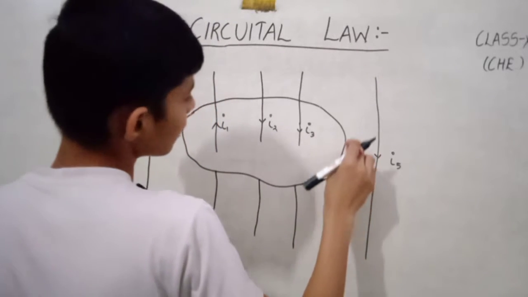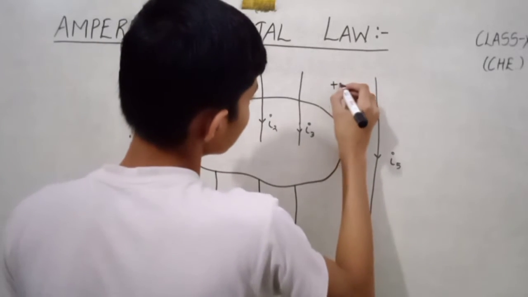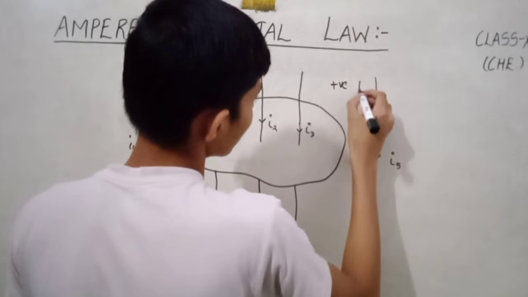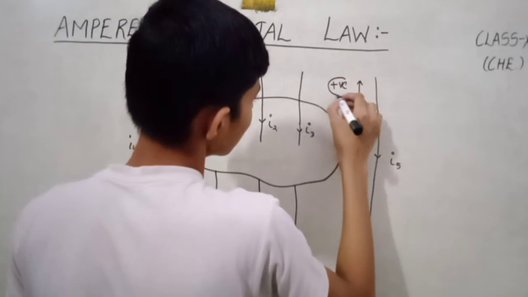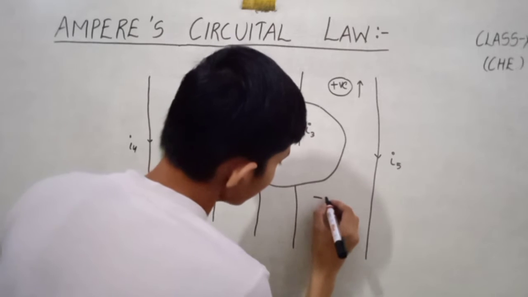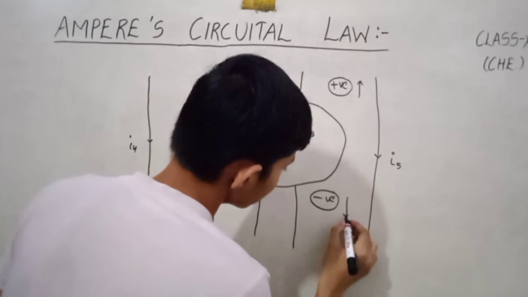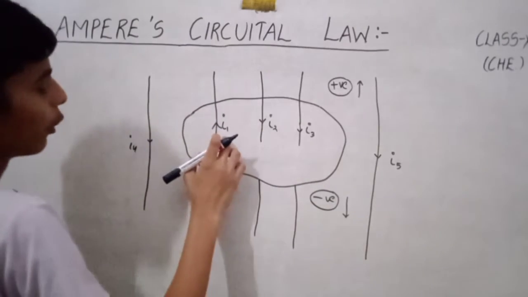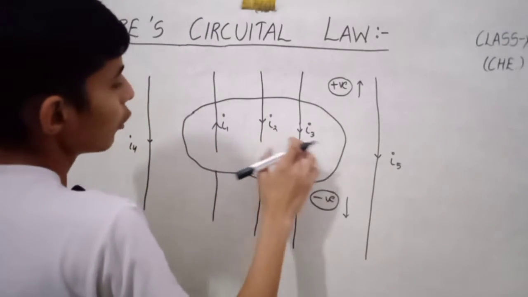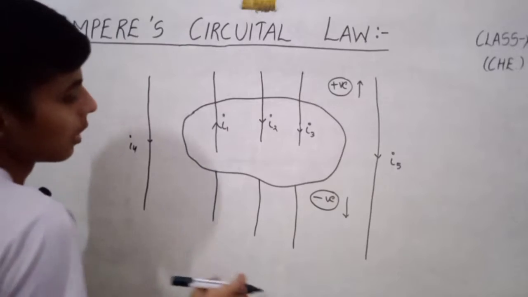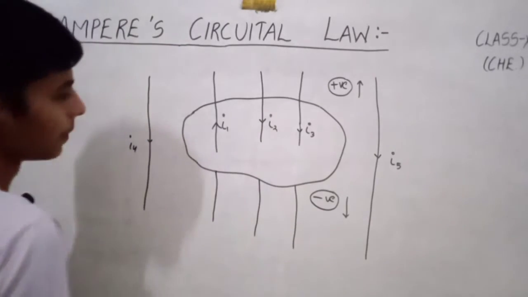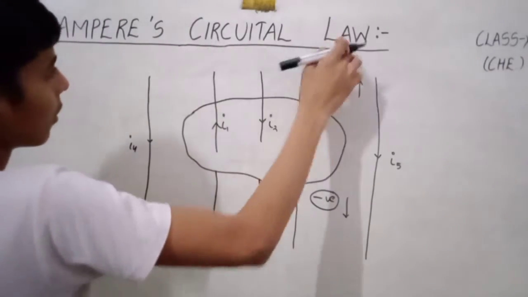I have taken this direction positive and this direction negative. That means current I1 is flowing in the positive direction and I2, I3, I4 and I5 are all flowing in the negative direction. Ampere's circuital law